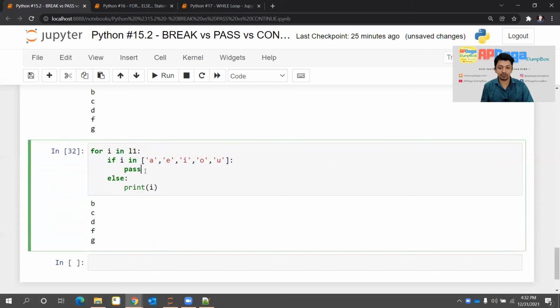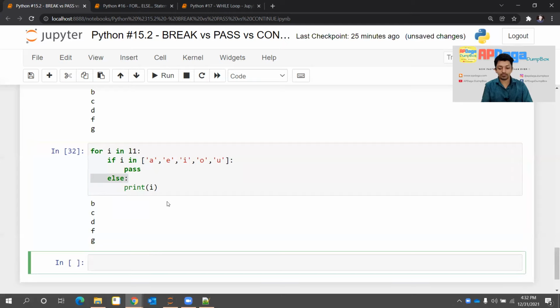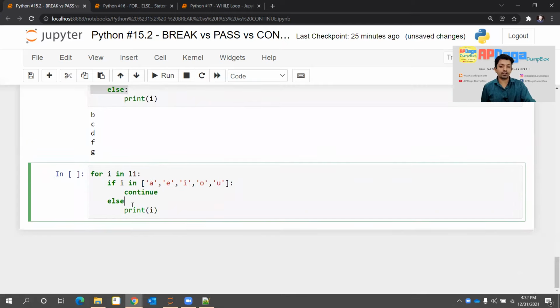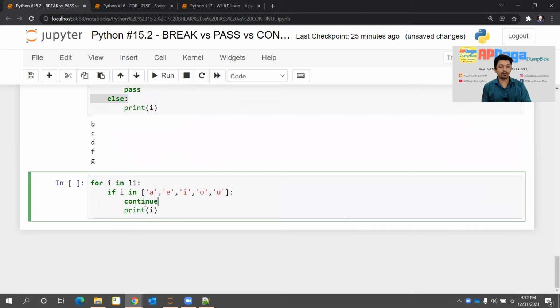Again, I'll give you another example. Without using an else statement, if I write something like this, continue, and I am not writing this else part, within the if only I write continue. One second, I'll just make a correction. Okay, now what it does: if the value in I is a vowel, then it will just continue, and the iteration will be continued without executing whatever is written after the continue statement. So let me check whether it is right or not.